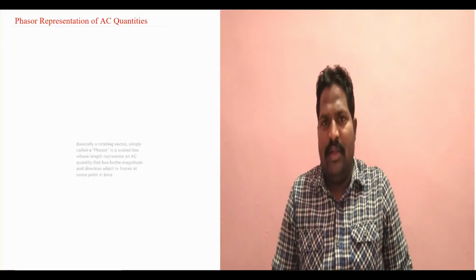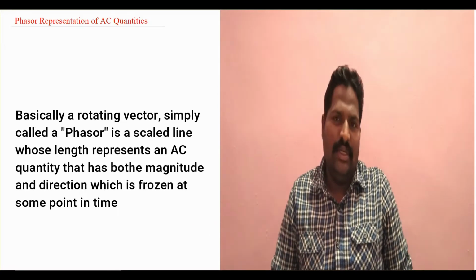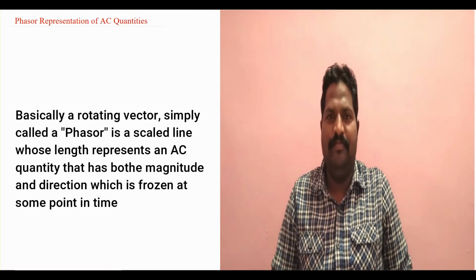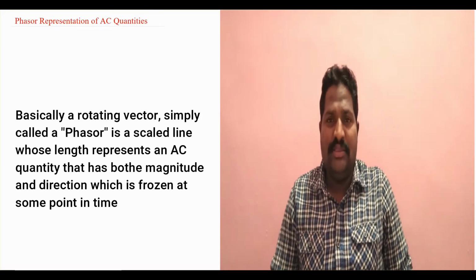A phasor is a simple line. The length of that line is nothing but the maximum value of that quantity or maximum value of that waveform. And that line will rotate in an anti-clockwise direction on a plane with a velocity of omega. So that is called angular velocity. So if I say here,